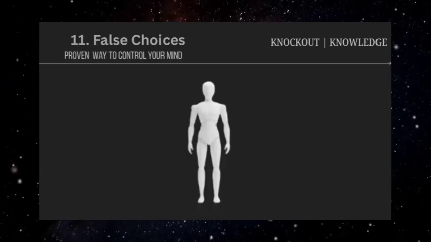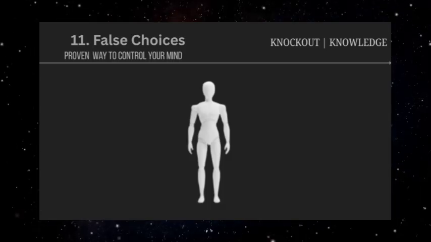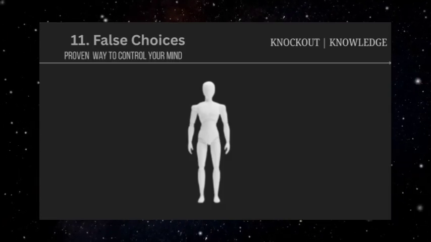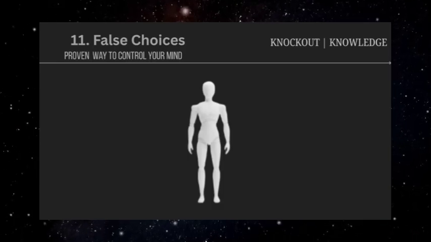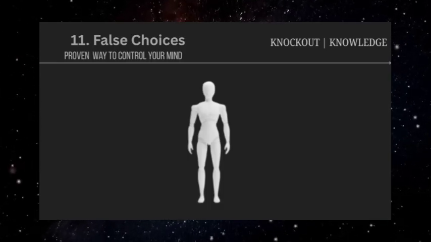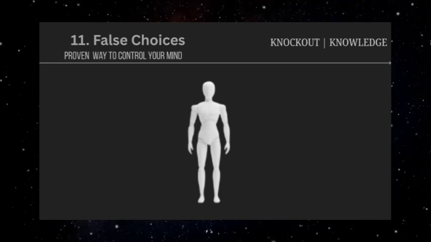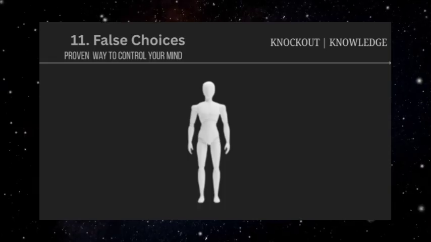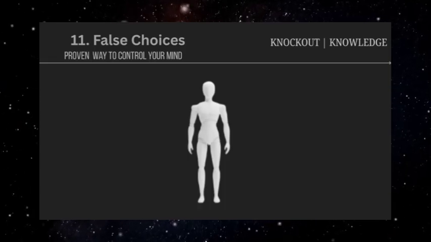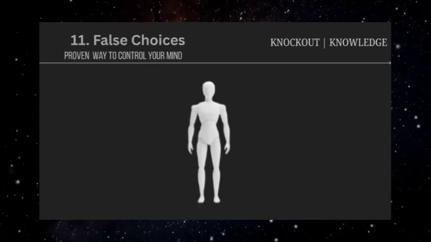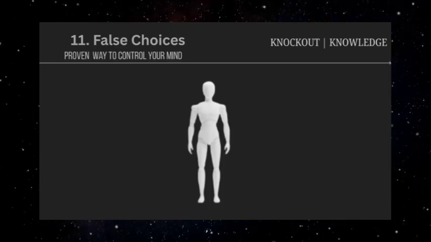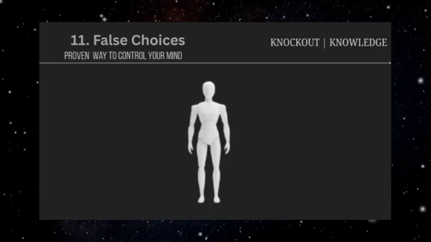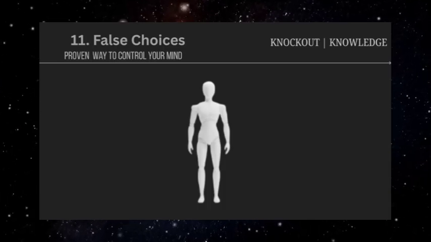Time pressure is frequently combined with false choices to prevent careful analysis. "We need to decide right now, do you want option A or option B?" The urgency discourages you from stepping back to consider whether other alternatives exist or whether an immediate decision is actually necessary. Recognizing false choices requires developing the habit of asking, "What other options might be available?" before committing to any of the presented alternatives. Often, the best choice is one that wasn't offered, or the choice not to choose at all until you have more information or better alternatives.